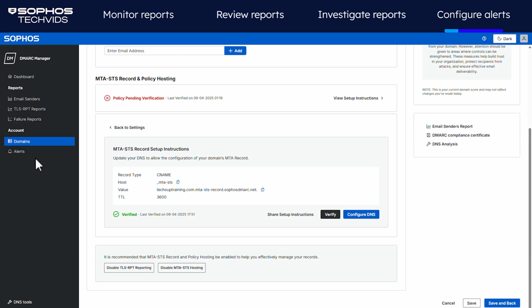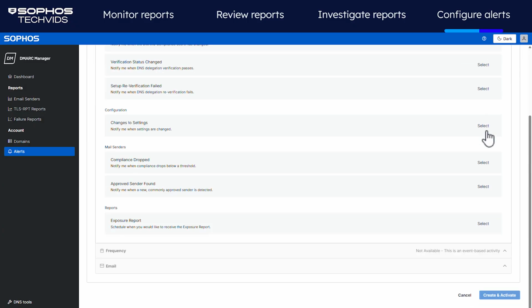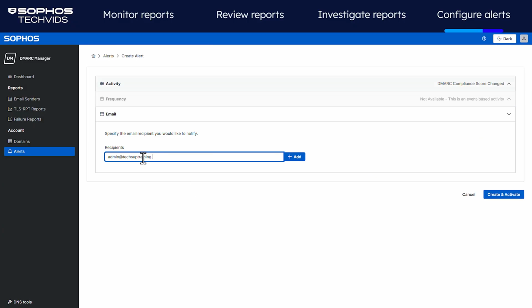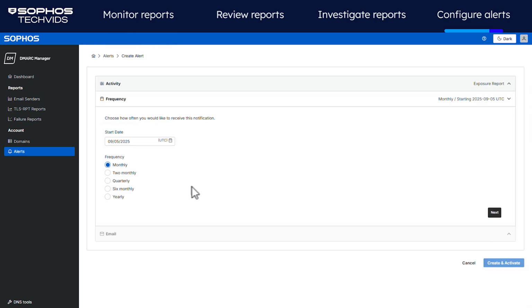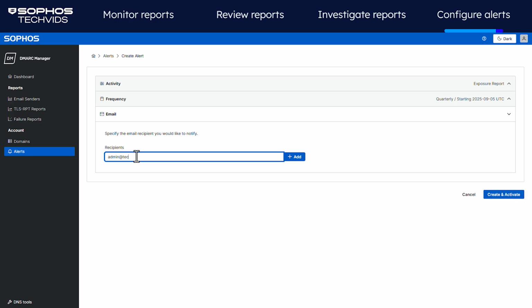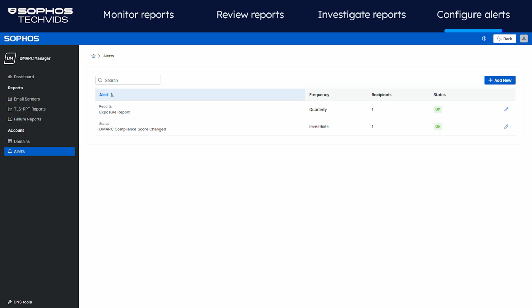After successfully configuring your reports, set up your alerts to quickly identify and act if something changes in your environment. Under the DMARC Manager portal, go to Alerts and configure the desired recipients for alerts you wish to monitor. For some alerts, you can configure the frequency of delivery. The option will be visible if it's available. If the event is triggered, it will be sent to all defined recipients, so you may launch investigations or investigate if anything has changed. You've now successfully configured alerts.